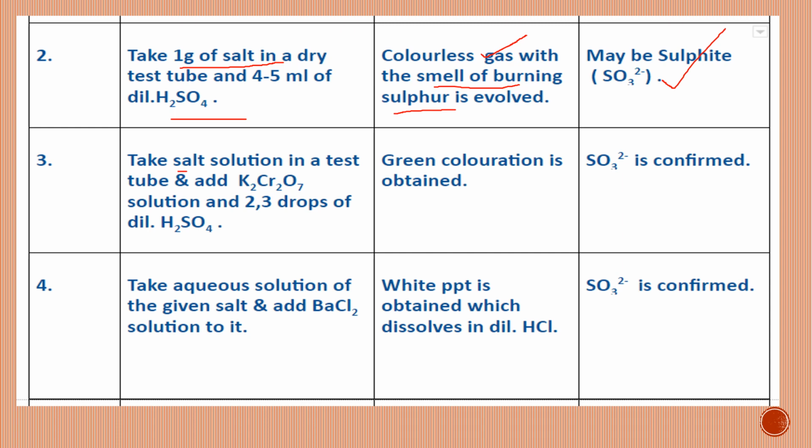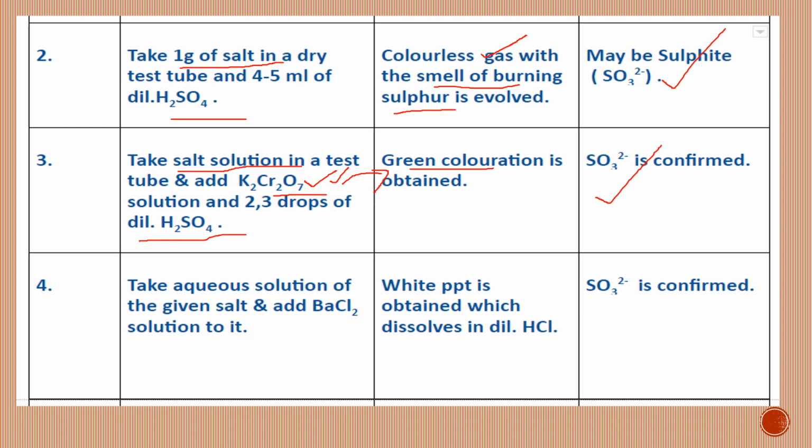We'll take aqueous solution of the salt, take small quantity of the salt, mix it in water. If you see that some salt or some impurities are settling at the bottom, filter it off, take absolutely clear solution, and then add potassium dichromate solution in it. This is orangish colored solution, and then acidify by adding small quantity, maybe 2-3 drops of dilute sulfuric acid. As soon as the reaction takes place in acidic medium, it gives you a green coloration. It was orange. From orange, the solution turns green. So again it confirms that there is sulfite. This is the confirmatory test.